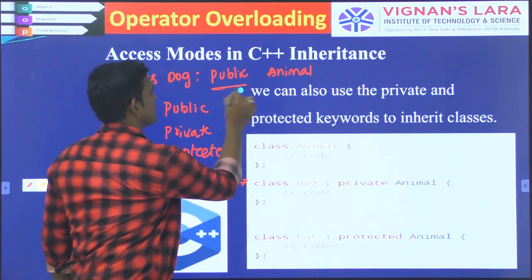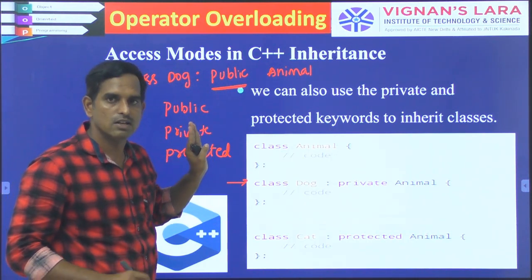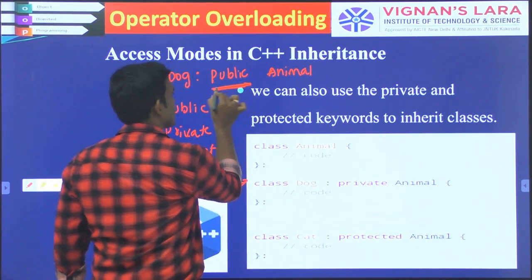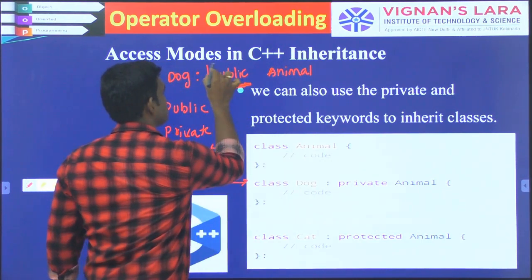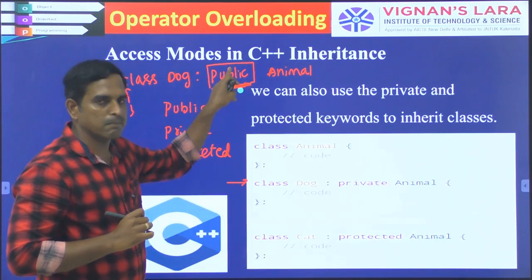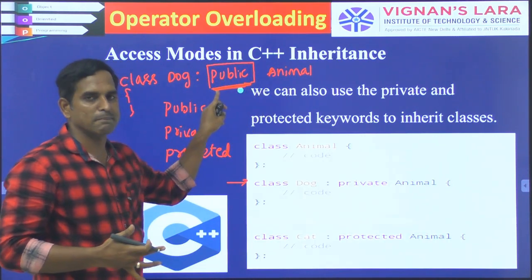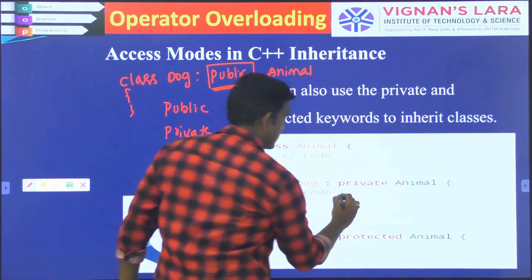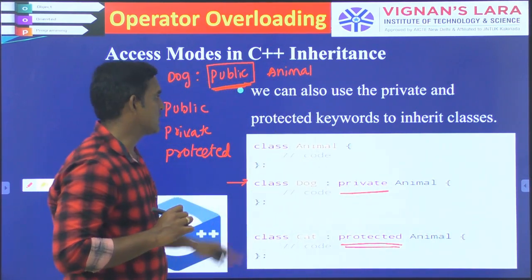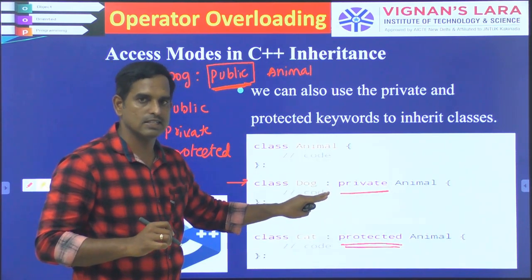Okay, you will be writing your inheritance in this manner. You are going to specify that whatever inheritance you are performing is a public inheritance. So while writing your inheritance line, you should remember what access specifier you are specifying. If I specify it as public, we can understand that it is a public inheritance. If I specify private, we will be calling it a private inheritance, or you can specify protected. The access modifiers can be used to inherit classes in this manner.